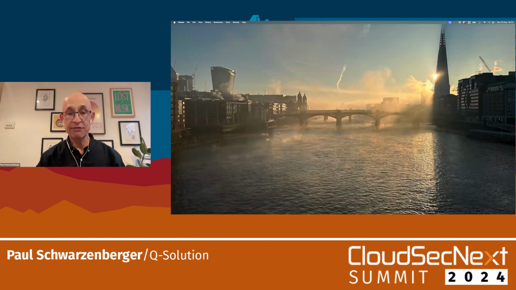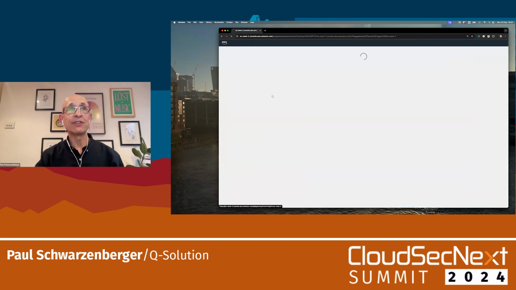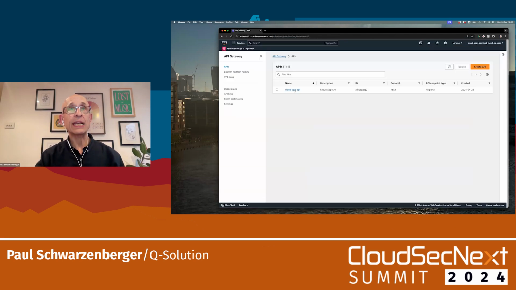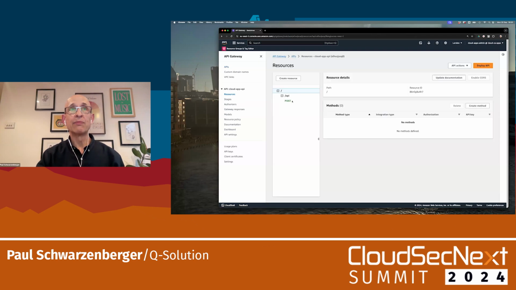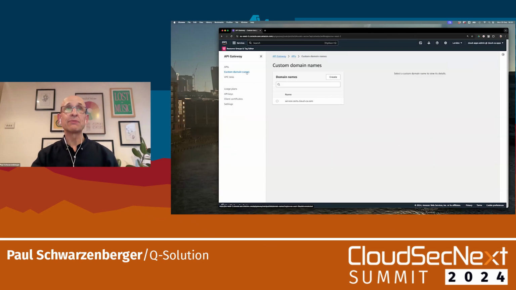So for security reasons, it's good practice to have a separate account for the certificate authority and not to put it in the same AWS account as the application or system that relies on it. So this is a separate AWS account now where we have the API gateway. So here's the API gateway. You can see that we have an integration present with a Lambda function. And if we look at the custom domain names, I've given this a custom domain name of